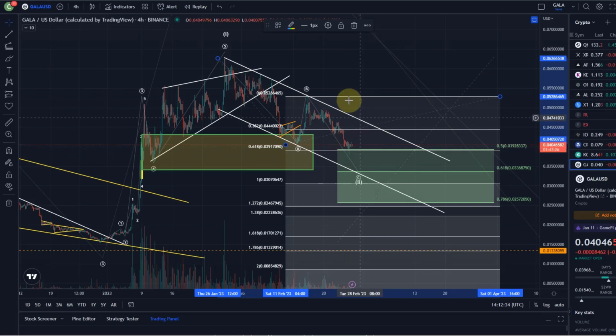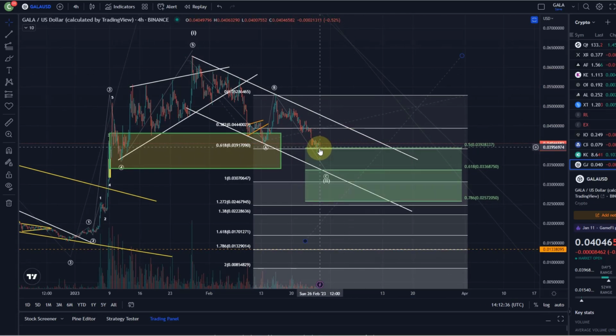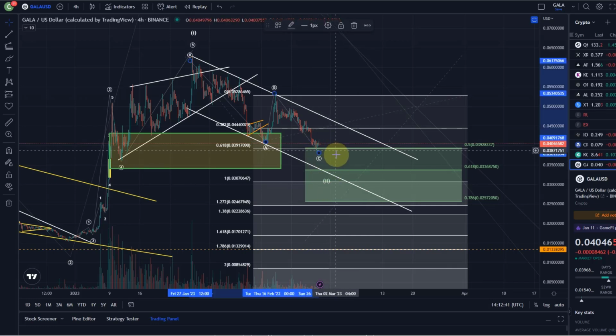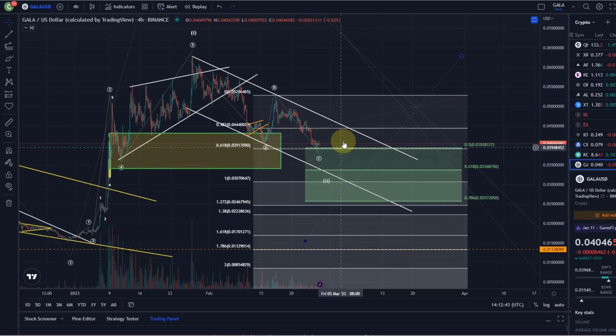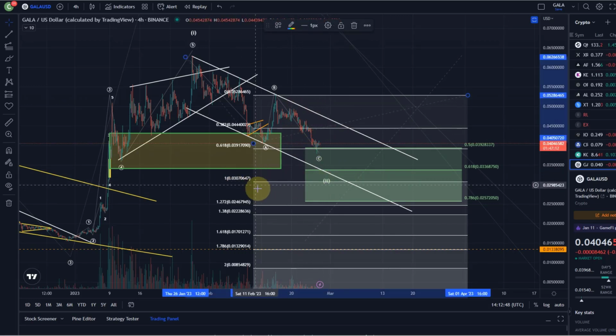So as I also highlighted in the previous video, we had Fibonacci confluence here. This is a target for a wave C. It's not a very uncommon one, but it is rather uncommon. Typically, you would see the 1-to-1 ratio as a target, or even the 1.618 extension. But then you've got different ways of calculating these targets. You've got your support area. Support is not necessarily a target. You would still expect it to be drawn to this area, but then you can calculate targets based on the lower degree wave counts and the distance between waves